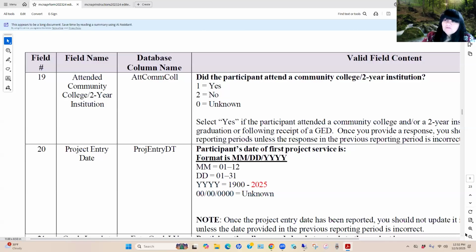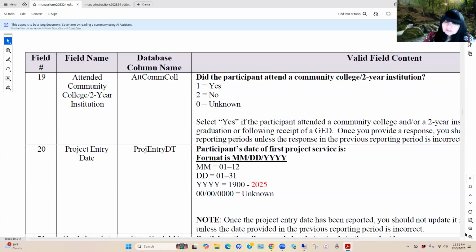So in the 24-25 reporting period, you want to ensure that this particular date is after your program start date. So for most of our McNair programs, October 1 is the date of our program service.